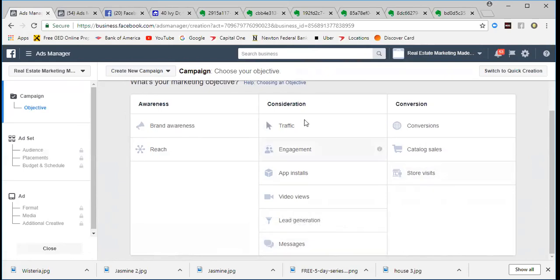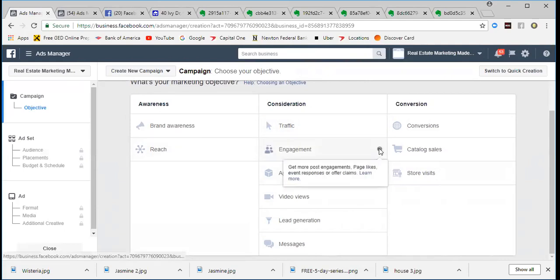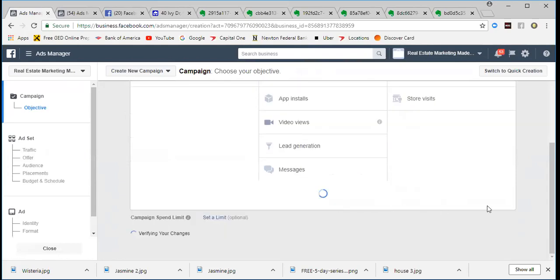So that's a possibility. But what we're going to do today is I'm going to show you how to create an ad for a listing. And so we're going to just do traffic. Traffic is you're sending them off of Facebook. Engagement means they're liking, that sort of thing. So we're going to go to traffic,